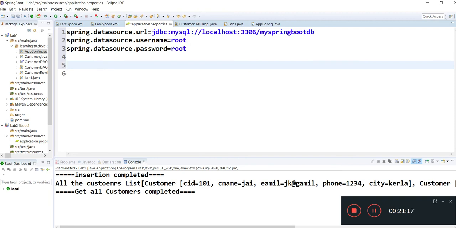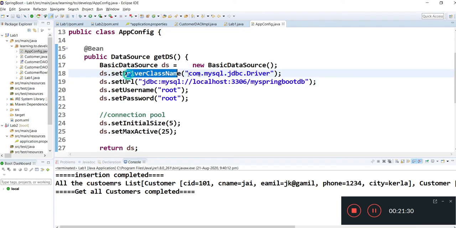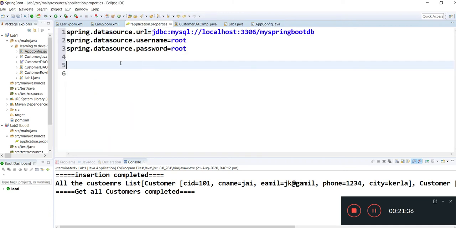Okay, we are done with database related properties. If you compare these properties with your last example, you can see we are not mentioning the driver class because the driver class is already being loaded by Spring Boot. We have seen it is loading our HikariCP data, so the HikariCP driver class, and we need not write those classes over here.